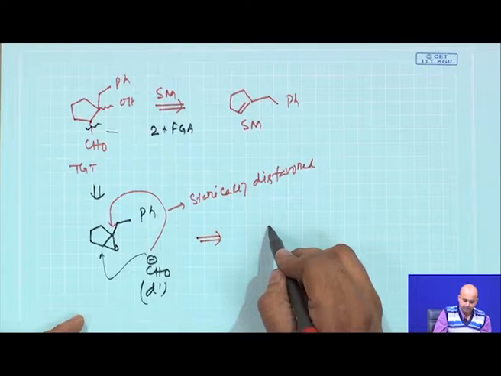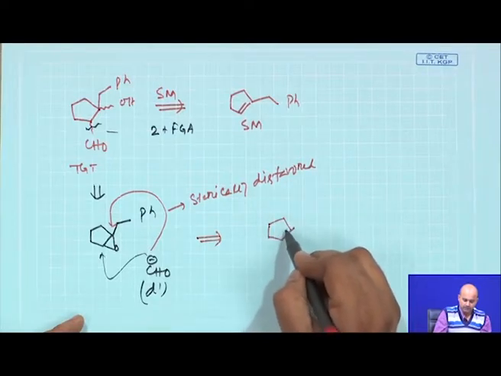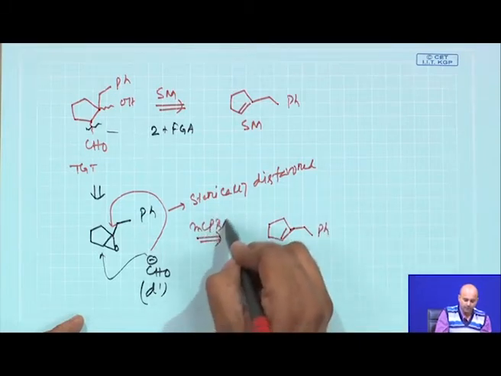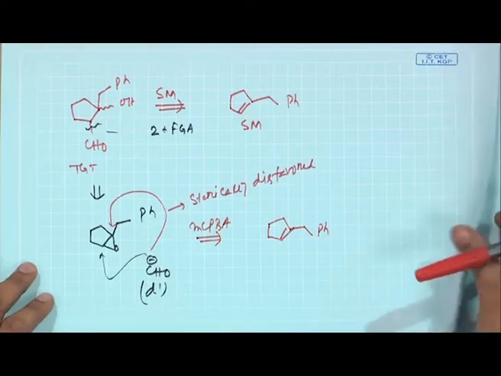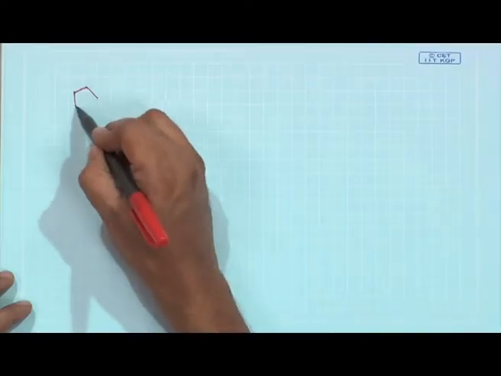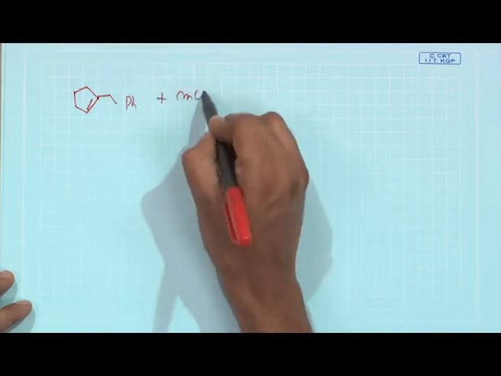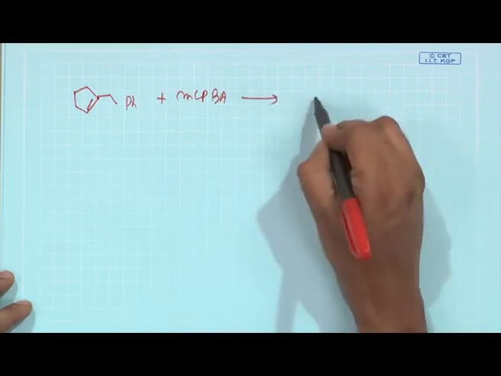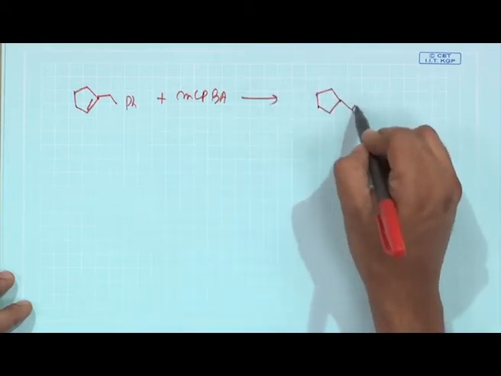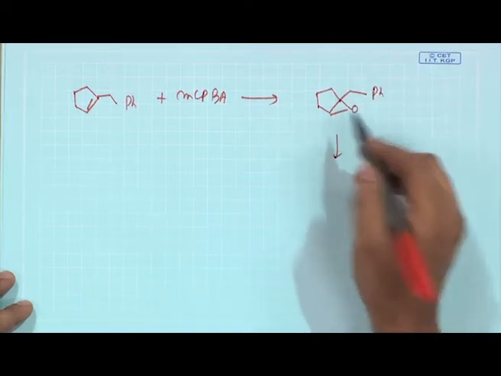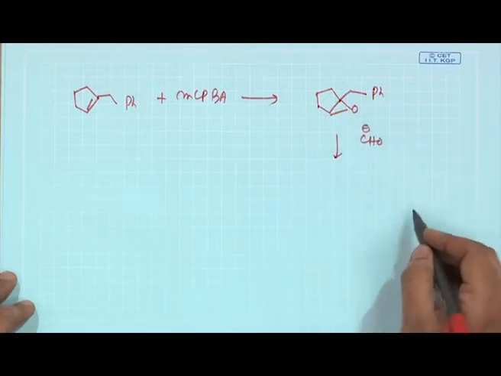So, now you can correlate that if you have this starting material, you just make the corresponding epoxide through an MCPBA mediated epoxidation, and your job is done. For the forward pathway it is as simple as that. You start with the corresponding olefin, react with MCPBA, you get the corresponding epoxide, then CHO minus. Now, as I said, CHO minus is not commercially available, it is not on the bench or the rack, but you can generate it.